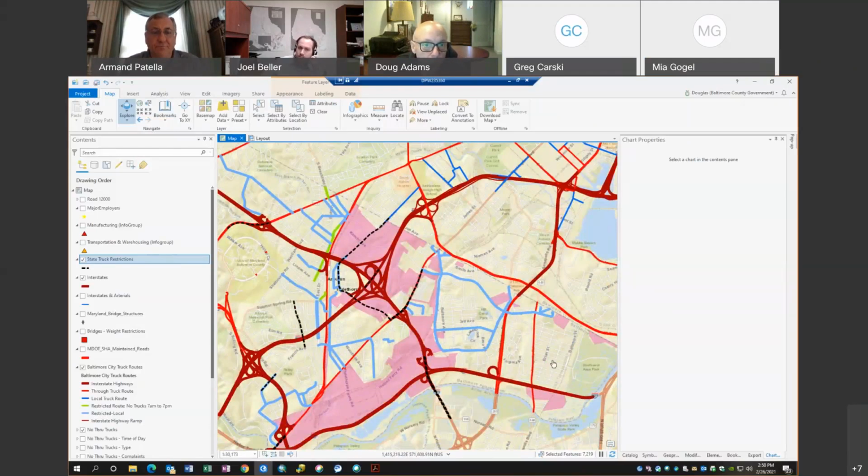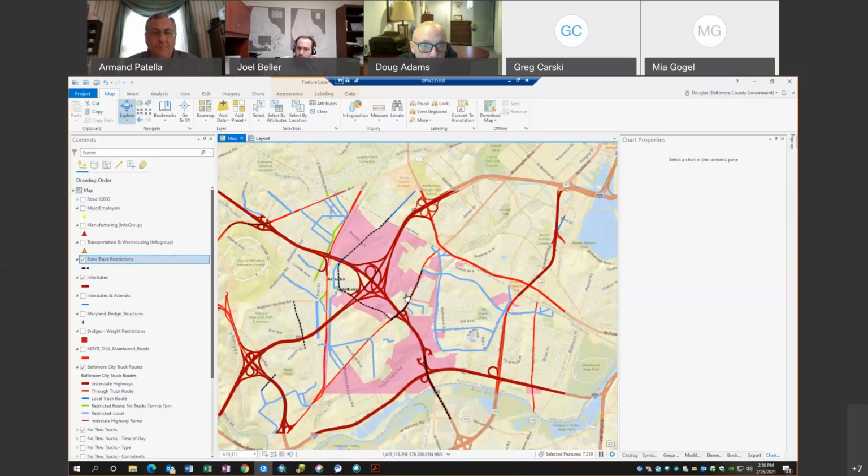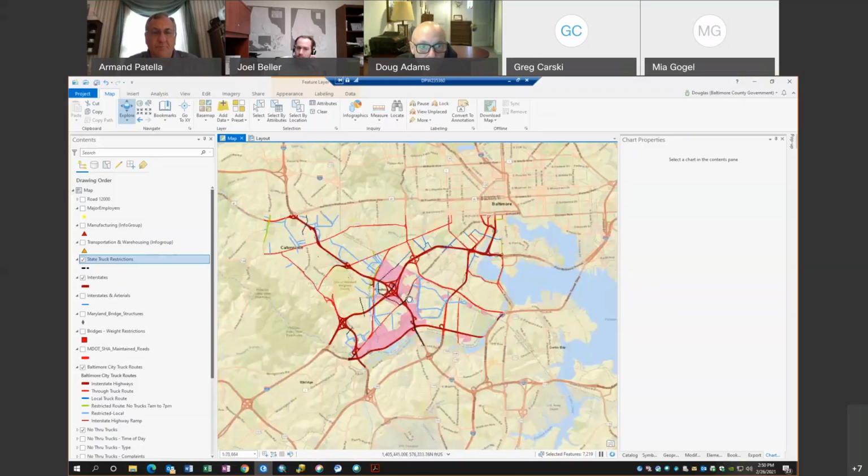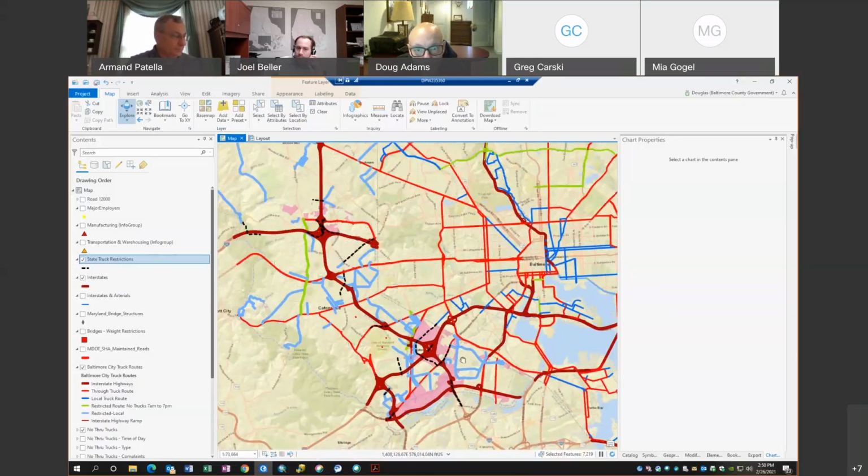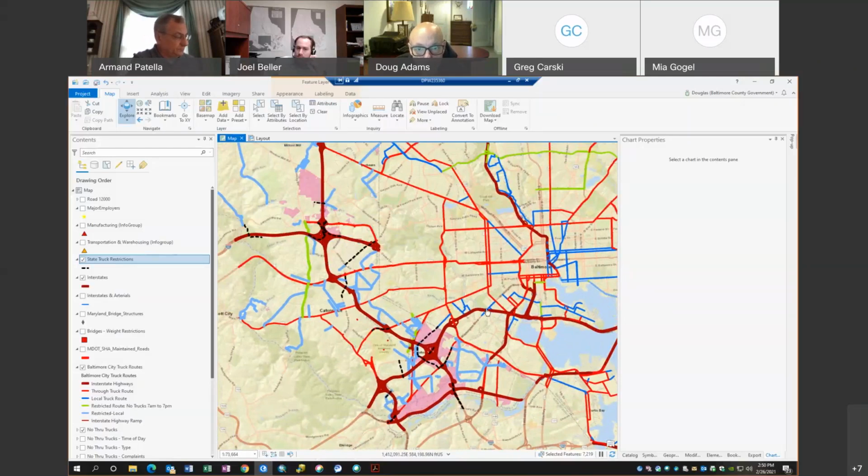Here's that southwest area of the county. Of course, we've got 95, 895, 295, all that over here. So 195 is over here as well.